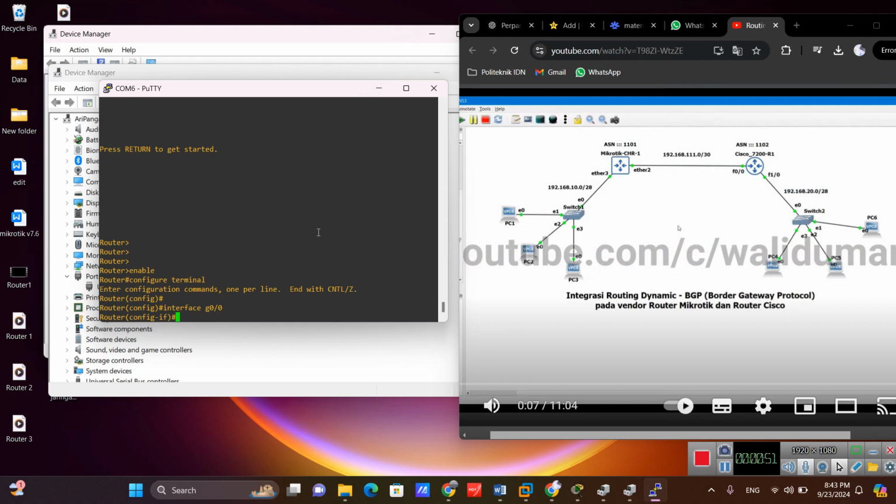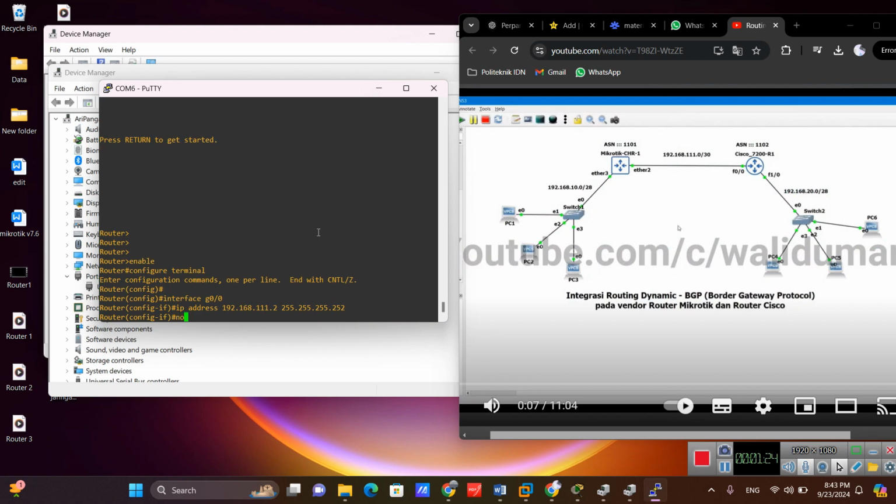And in here I wanted to give IP address for the port from router to router. I give this .2 because this laptop, or this port .2, because the one in the router Mikrotik is .1.